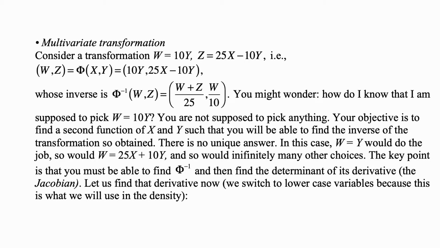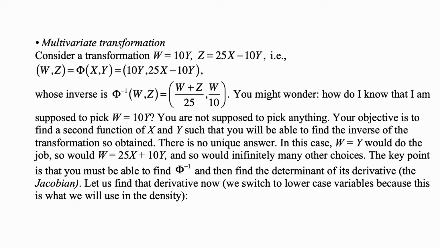So here is the multivariate transformation approach. We consider a transformation which involves the Z random variable that we want the density of. Z is 25X minus 10Y, and let's take W to be equal to 10Y. So that (W, Z) is a transformation of X and Y, phi of x, y equal to 10y and 25x minus 10y. And the inverse of it is what we get when we solve these equations for